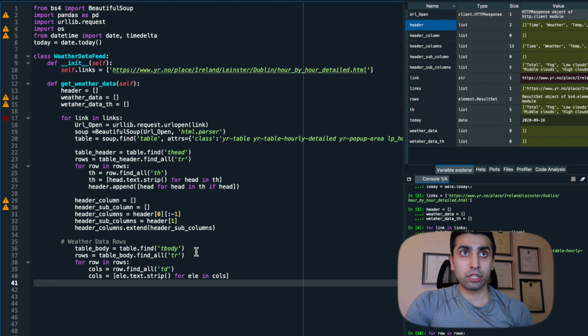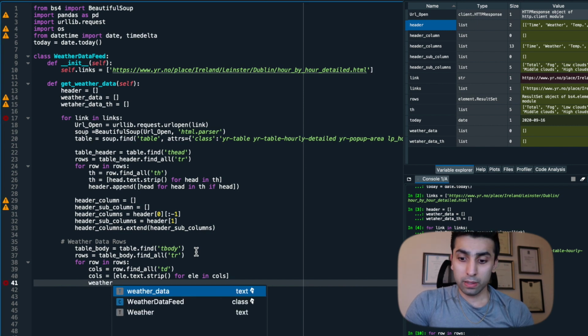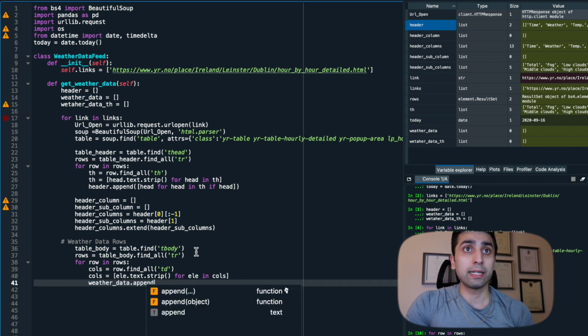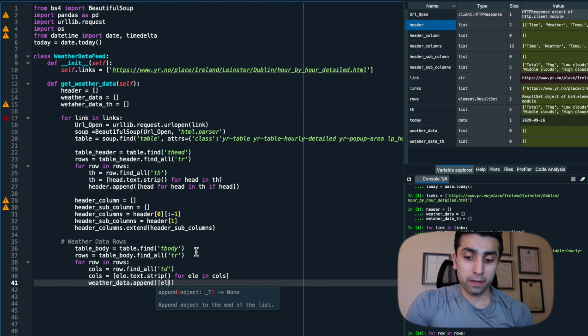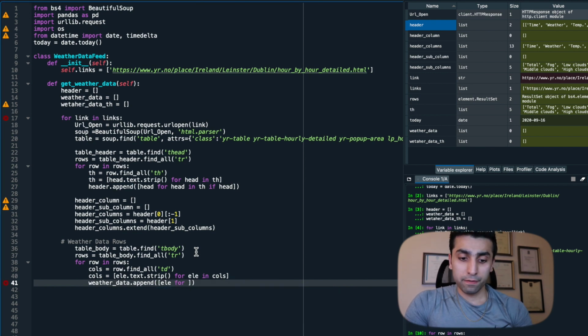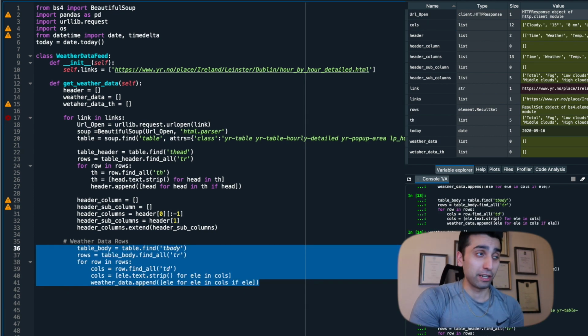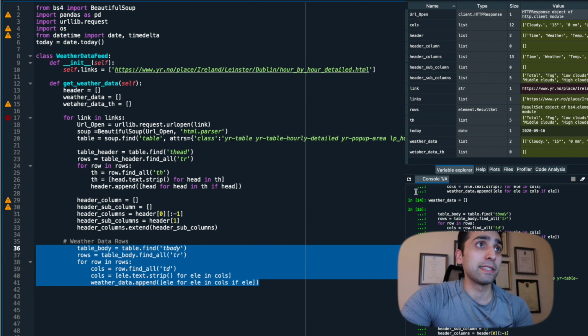And finally, next what I'm going to do is weather data, which was my initial list that I created. I want to append the values within that, so I'm going to do append. Again, element, which I can reference as LE for LE in cols if LE. This is basically trying to check if the values are actually there. Then I append those values within my list that I've created at the start, as mentioned here. So once I do that, I'm going to run the code that I just created. Once I run this, if you go into the variable itself, which is weather underscore data,